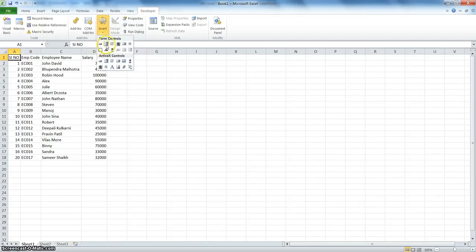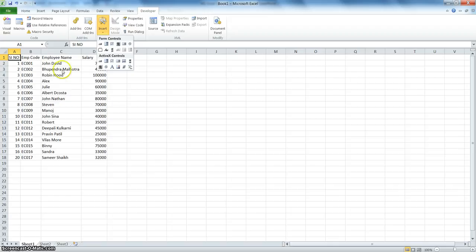As you can see, there are various controls available like button, combo box, check box, spin button, list box, option, group box, label, scroll bar, text, combo list and combo drop-down list, and the same things are available in ActiveX control, and apart from that there are a few more controls. So these are the controls. In this session I am going to cover only the button from form control and ActiveX control.